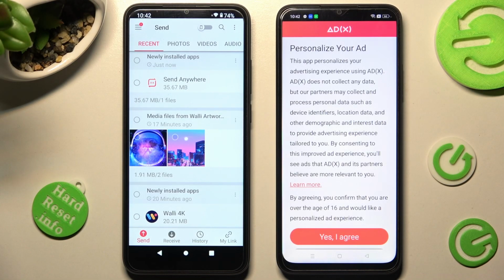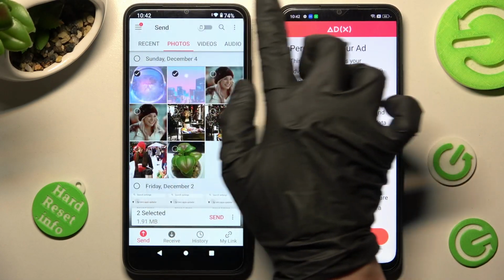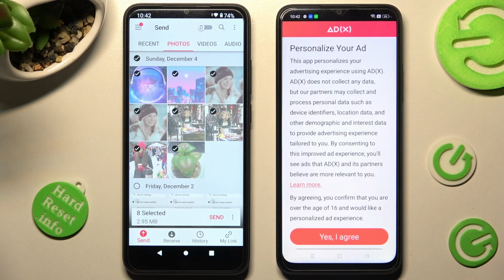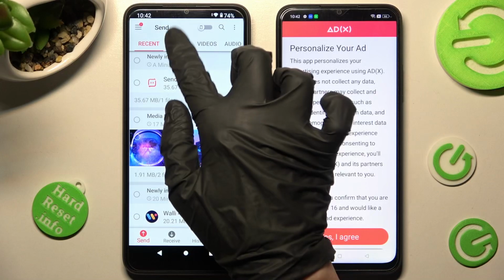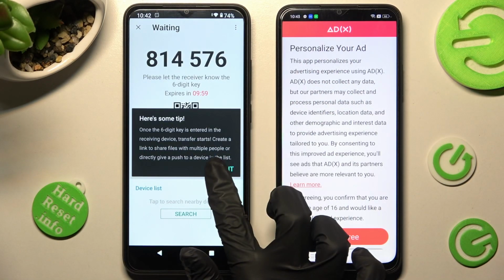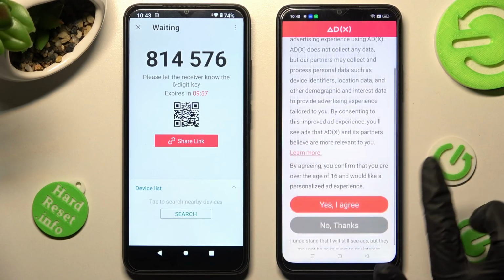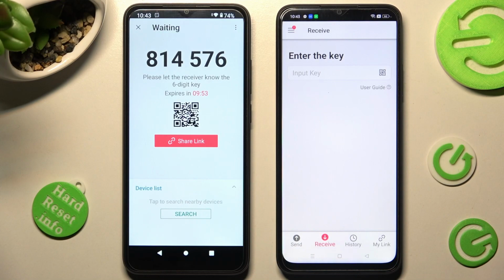In order to choose your files that you wish to send, tap on the chosen ones, or select all of those type of dots from all of those categories and tap on Send over here. I will go with only one file though, so I have to click on this one, choose Send and tap on Got it. On OPPO, tap on one of those options, just close this window, and as you can see